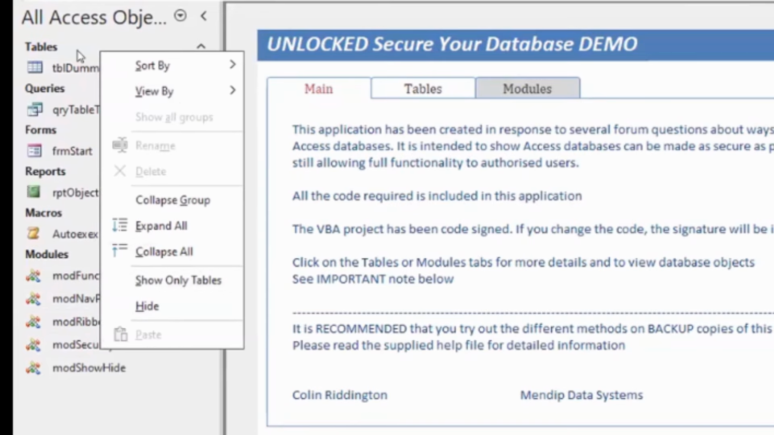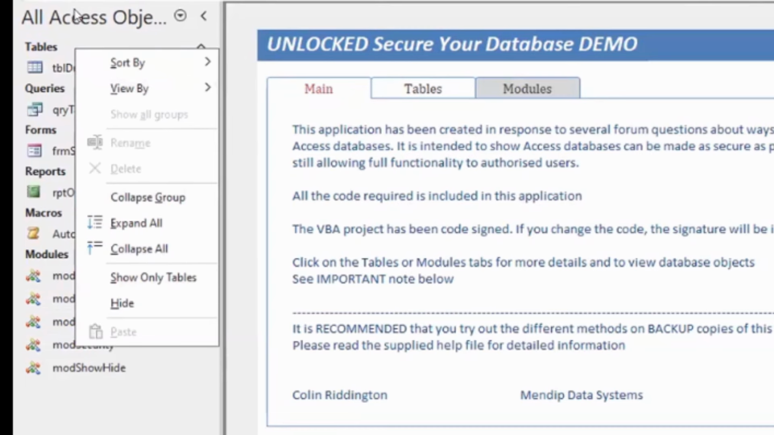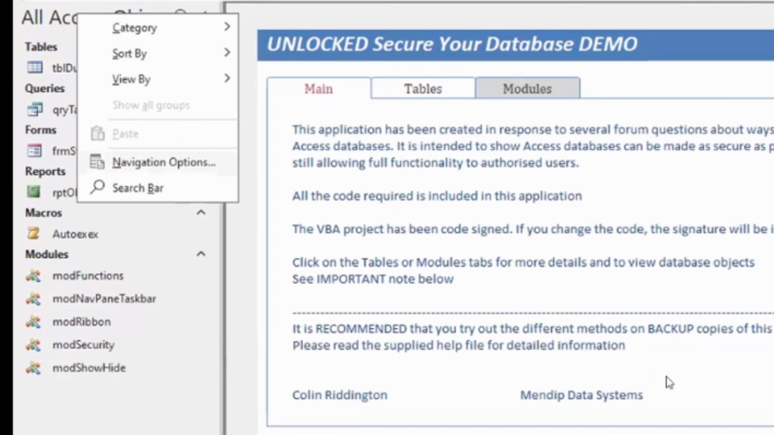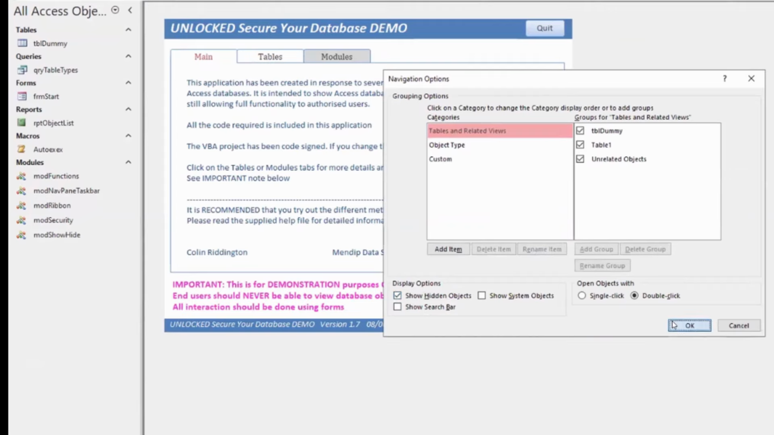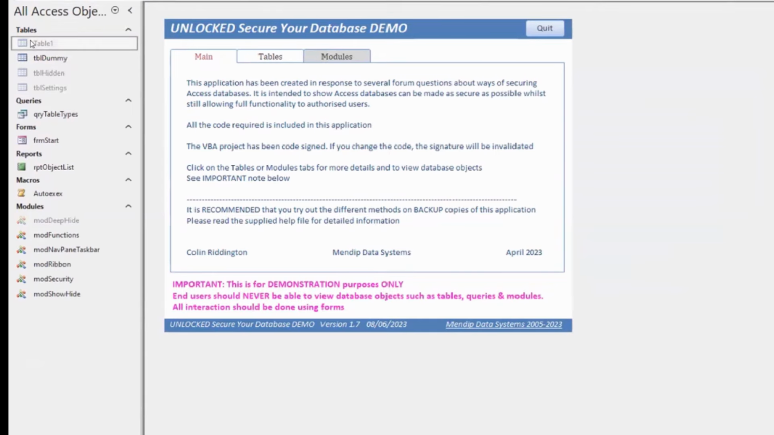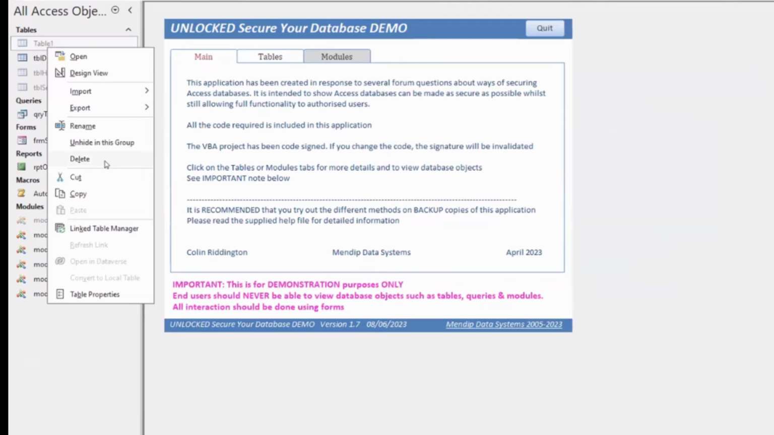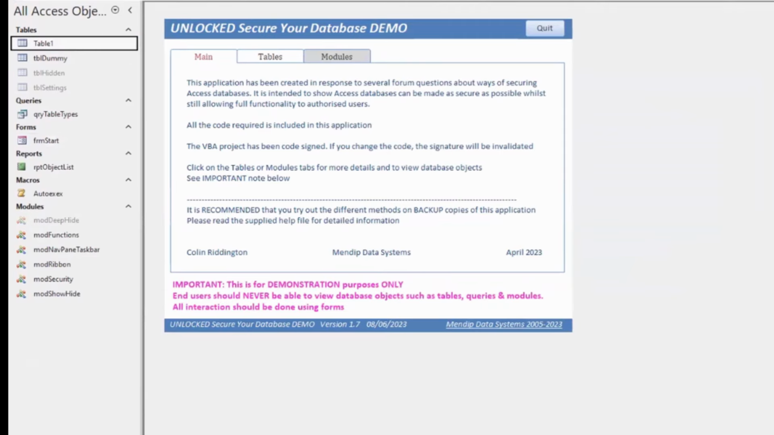I can unhide that table as well. Navigation options, show hidden objects. There it is, back again. This time I'm going to make it normal, but I'm going to go to the code and show you the